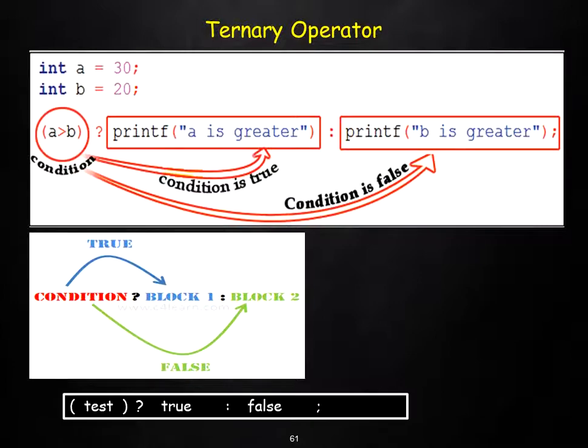Now ternary operator is called as a 3-way operator, and I told you in the beginning it deals with 3 operands. The first operand is going to be what is there over here, that is the condition. The second operand is over here, this rectangle, and the third one it deals with is over here. So you can say condition is treated as one parameter, the block is treated as a second parameter, and the block 2 is treated as the third parameter. It deals with 3 parameters, therefore it is called as your ternary operator.